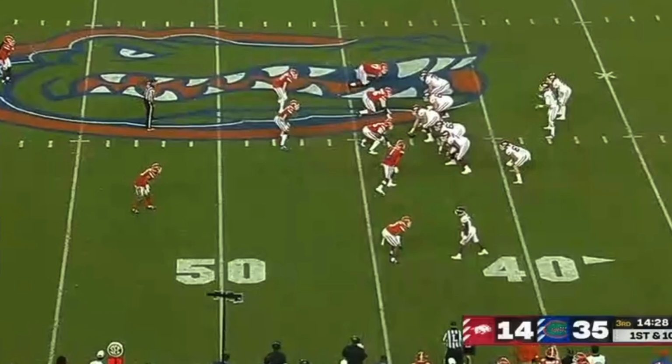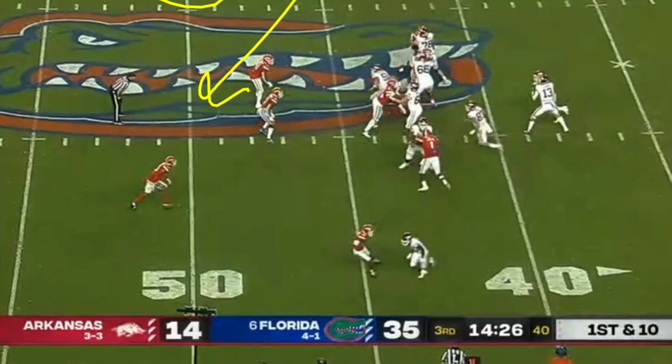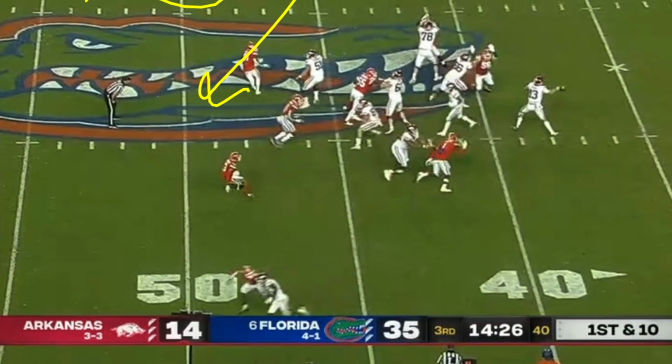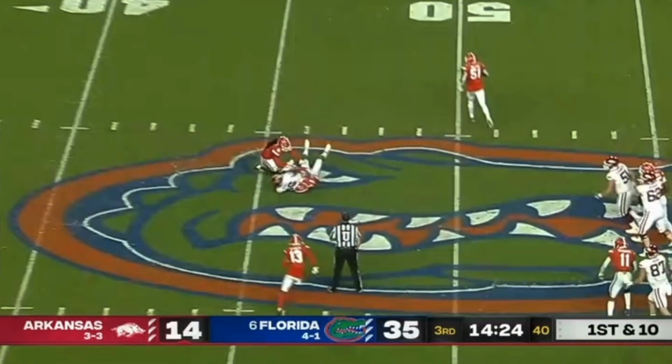This is Franks' favorite look and play in the entire game of football, this route right here. And we are going to oblige him. You're not going to see any of this. But on the snap, Brad Stewart's actually backing up, so he's even further away now. He's maintaining his 8-yard cushion as though Arkansas is going to run a deep seam route, a route they almost never run. And instead, we're going to let him throw the route he wants to run, which is a deeper slant or a little dig. And although Brad Stewart almost gets there at the right time,